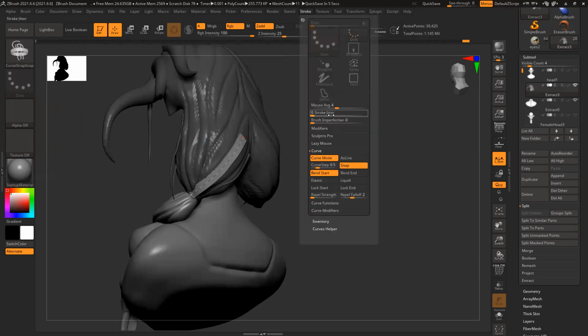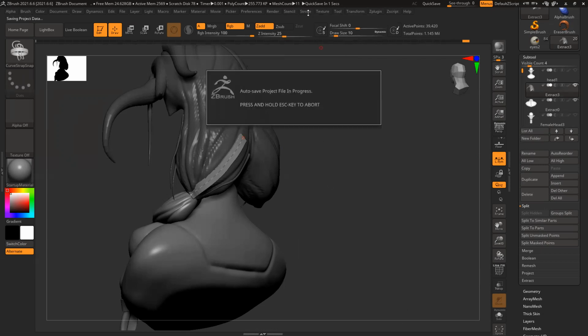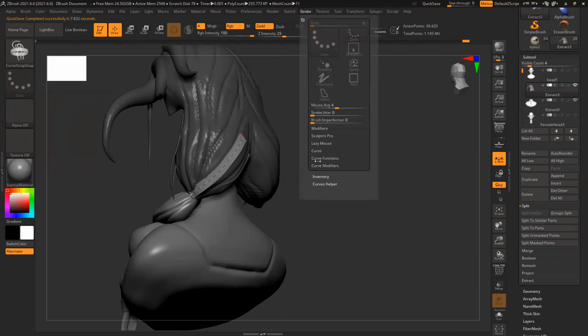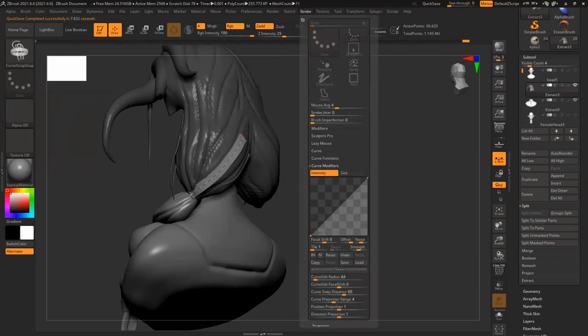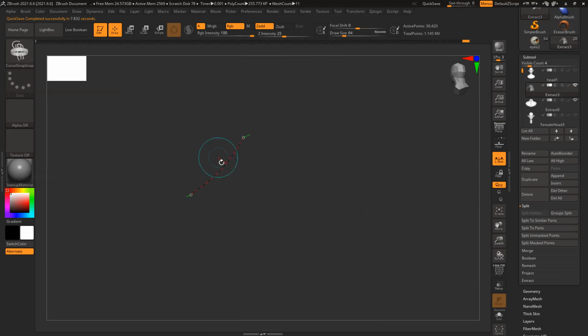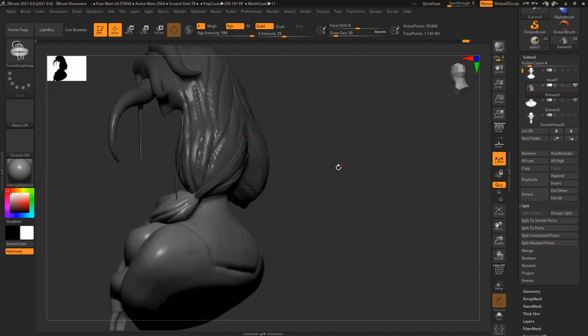That same thing I have to modify, modifier. Curve modifier. Size, click on it again.